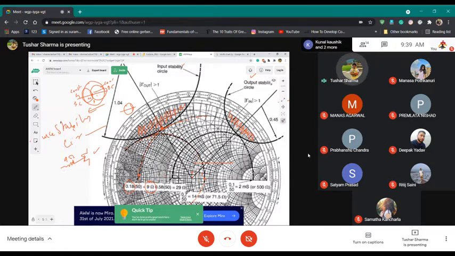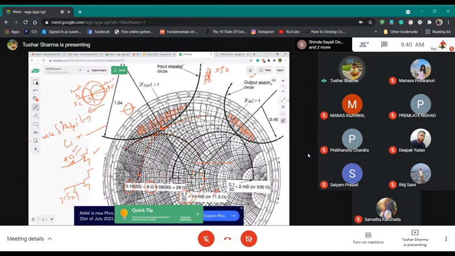So if you come here, this is around 0.7. Since it is Y, when you normalize impedance, you divide by 50. When you have a normalized impedance, you multiply by 50. But if it is admittance, you divide by 50. So when you are dividing by 50, which is my normalizing impedance, you get this value to be around 71.5 ohms. So which means you take the device and put 71.5 ohms in parallel because it's on the constant conductance circle. If it is on the constant resistance circle, that is basically when you are putting the series element.